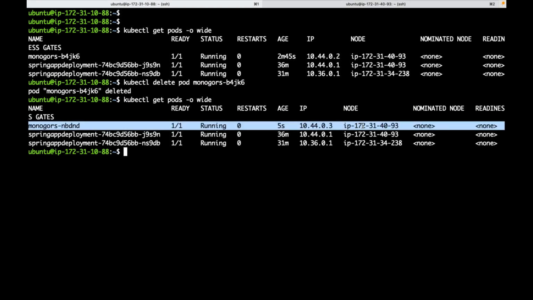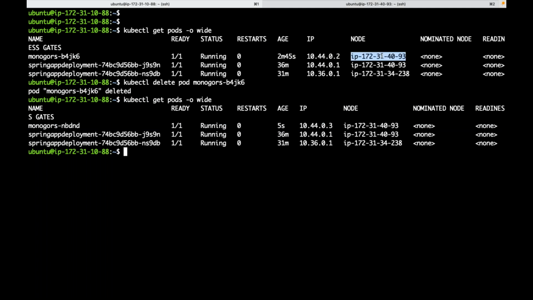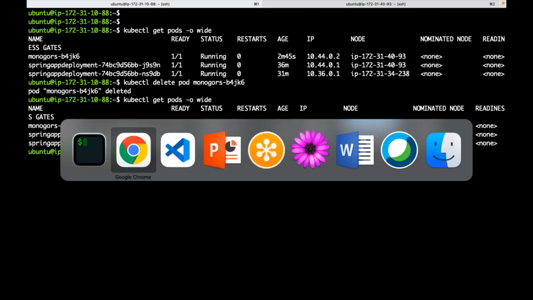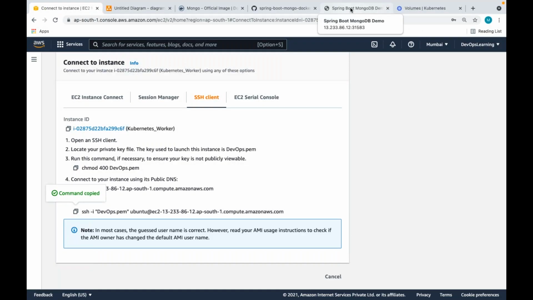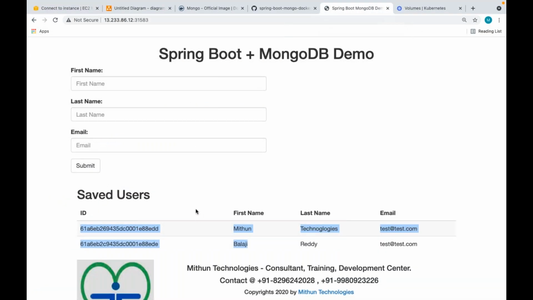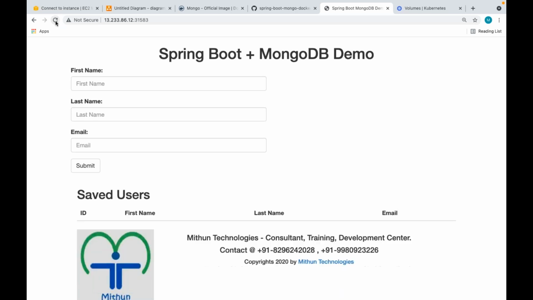Wherever it was running earlier, in the same node it is recreated. So in the same node we have that volume. Will I have a data loss now? Since the pod is created in the same node, do I have a data loss now? I don't have a data loss.